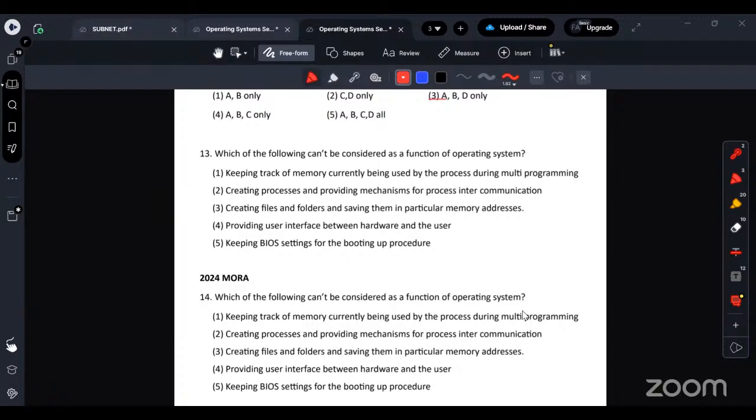Which of the following cannot be considered as a function of operating system? Send me the answer in the chat box quickly. Am I going too fast? You want me to slow down or is this okay? Guys,